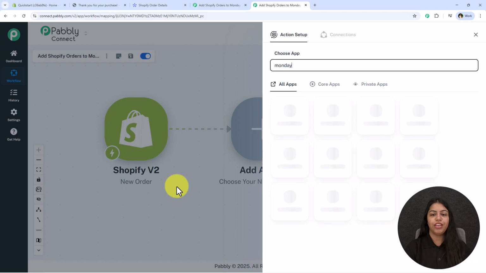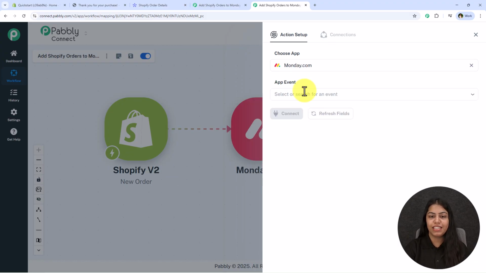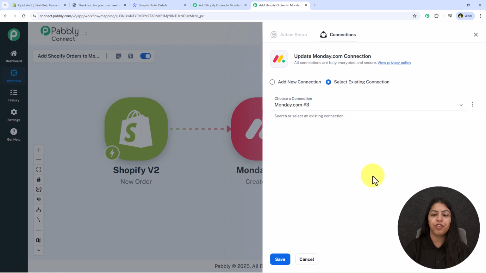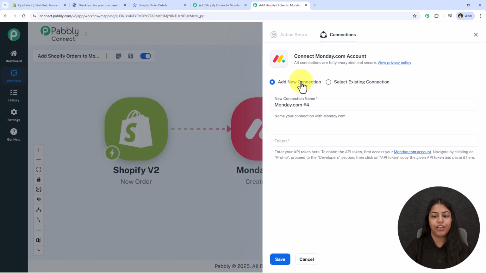For the action application, search for monday.com, select it. For the event, select it as create item and click on this connect. Now if you have already created a connection between monday.com and Pabbly Connect, then click on this select existing connection and then save. But if you haven't, follow me, click on add a new connection, and it is asking me